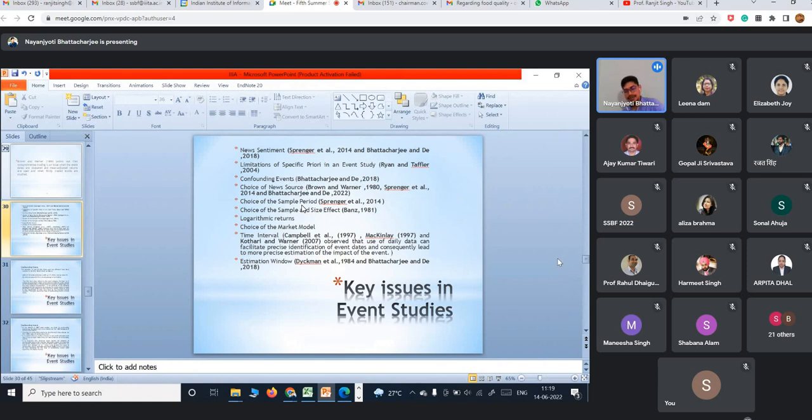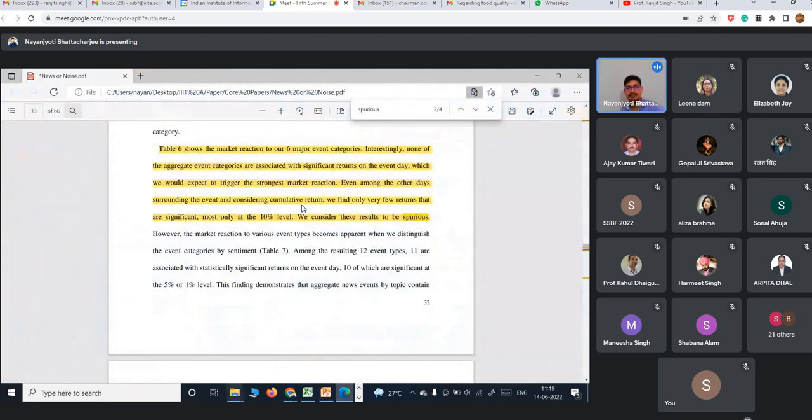And when analyzing the impact of the information on the market, more specifically in terms of price and volume reaction, one needs to isolate these events into two broad categories: positive events and negative events. So let me use an example to emphasize this point. Sprenger and Welp, in their study, if I can give you the perspective,